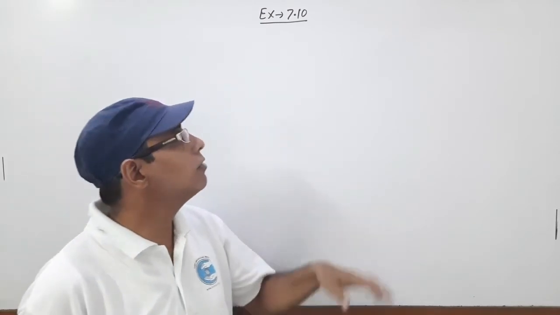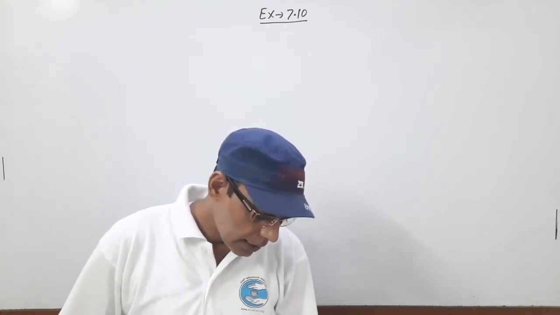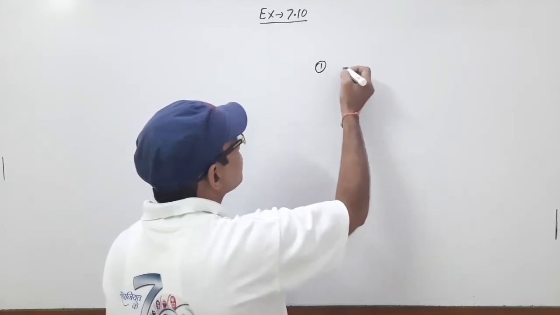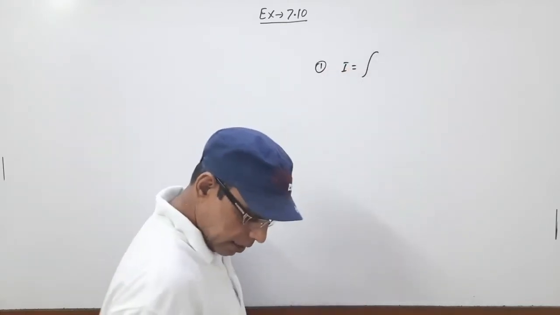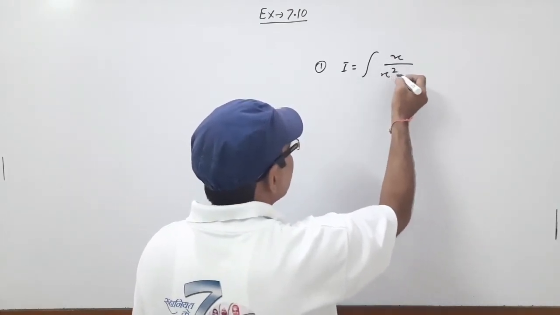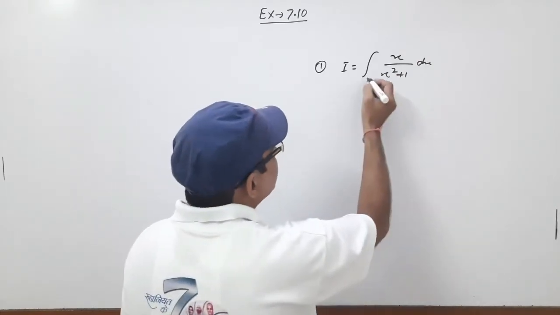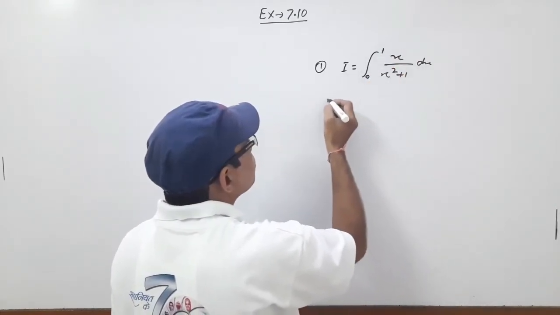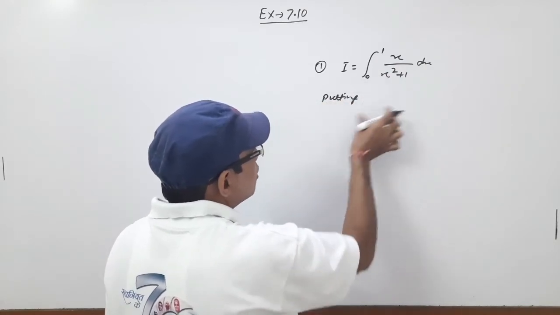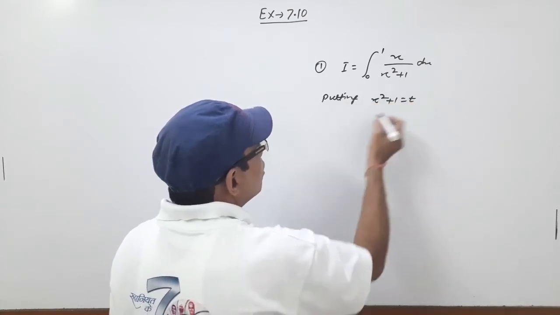In this class, we are solving exercise 7.10. From this exercise, the first question is the integral of x upon x square plus 1 dx, and the limit is from 0 to 1. Using the substitution method, putting x square plus 1 equal to t,